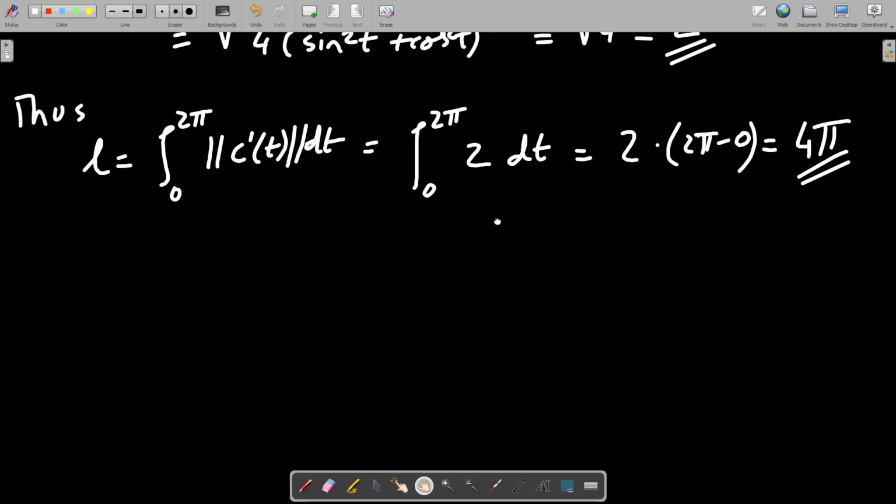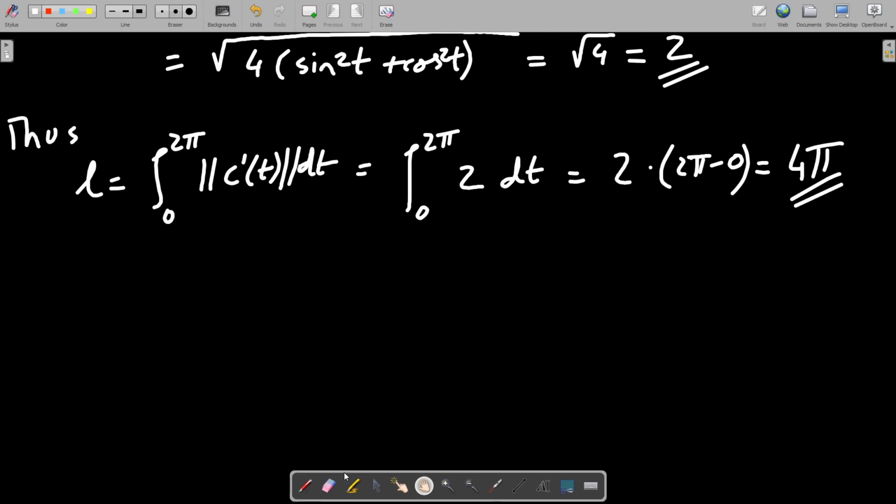So what is the length of a circle anyways? The situation is somewhat like this. At the height 2 we have drawn a circle here. The length of a circle anyways is 2 pi r, right? That's the perimeter of a circle. R in this case is 2, so 2 pi r is actually equal to 4 pi. So we got the correct answer. We could manage to verify that information this time. Now let us work with something which is not so easy.